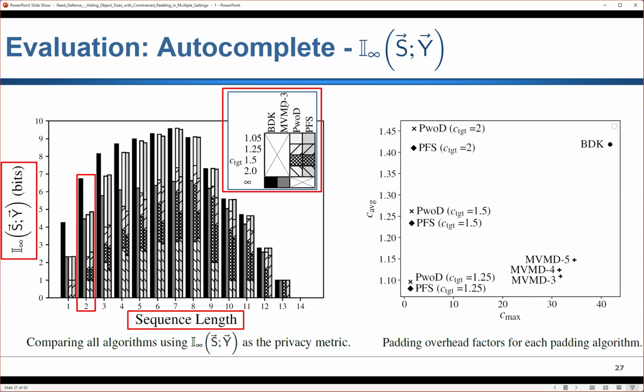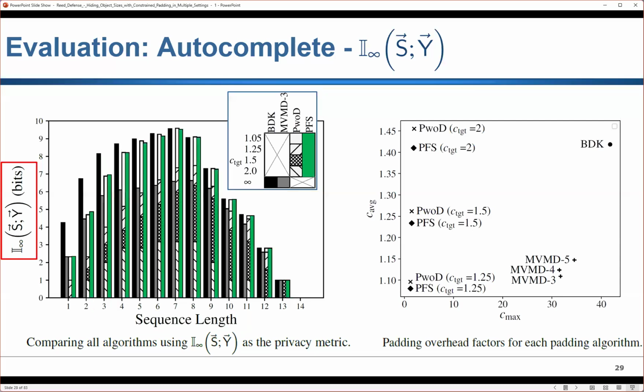Now note the 3 here. MVMD is designed to run with a different target for L diversity. So when we annotate the number here, that indicates what L diversity was given for a target. So MVMD 3 was run with the goal of ensuring L diversity of 3, L of 3. And so as the sequence lengths increase, we have these bars here for each one of the results, each one of the